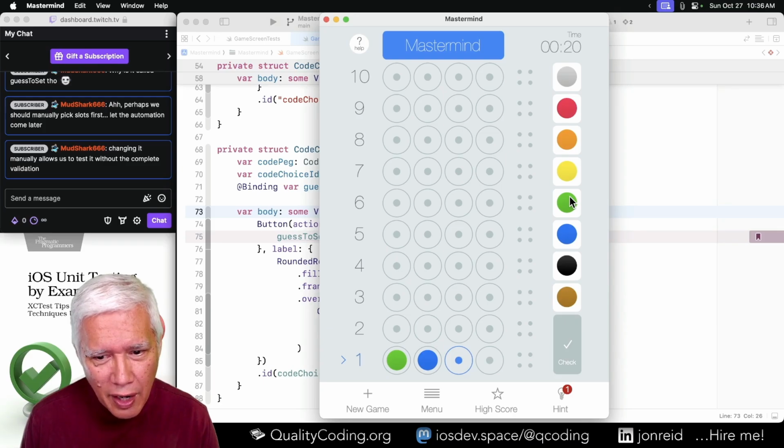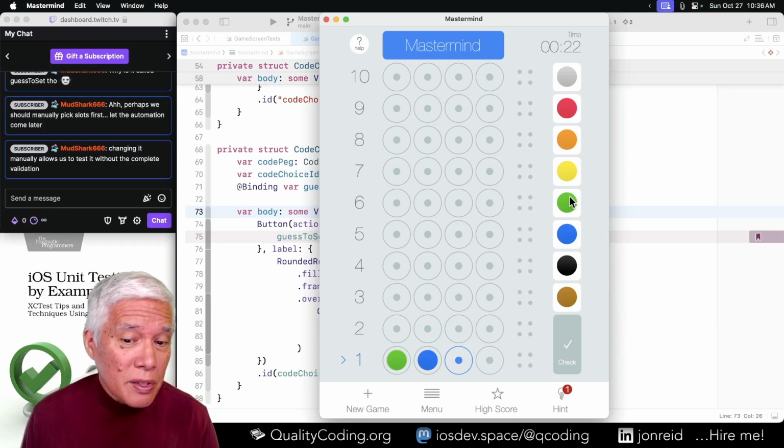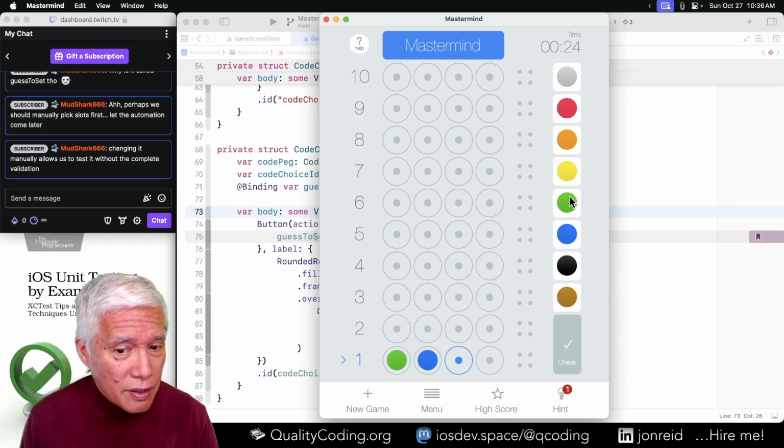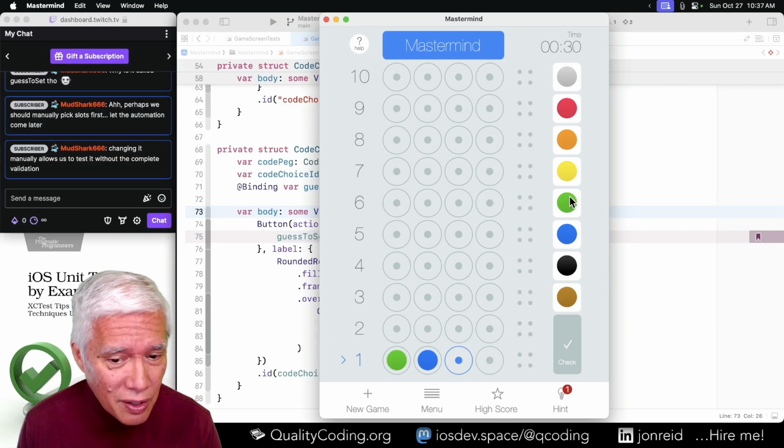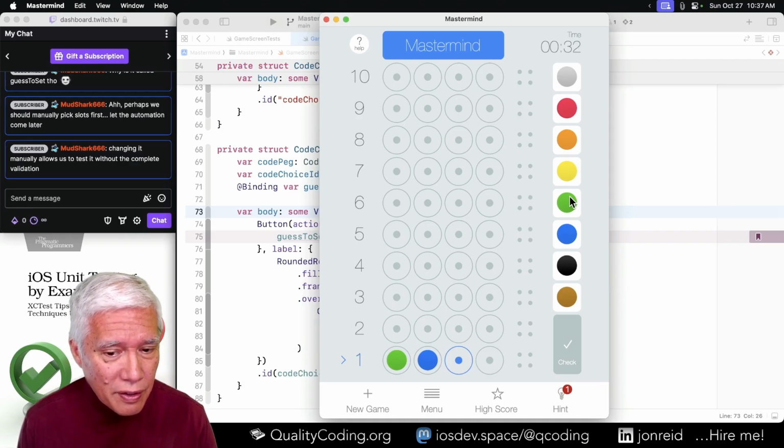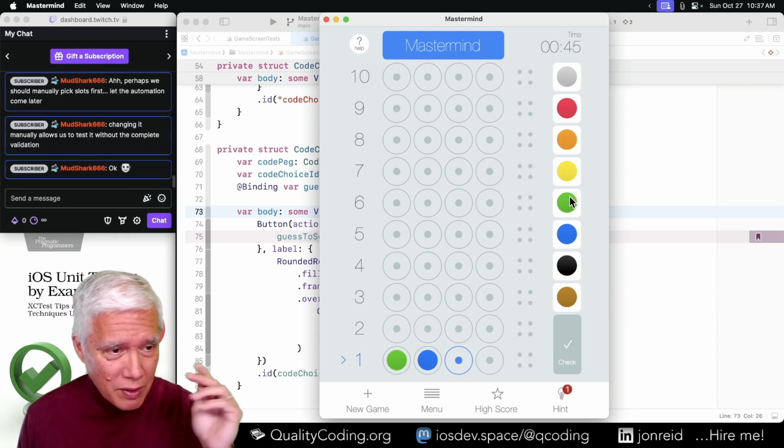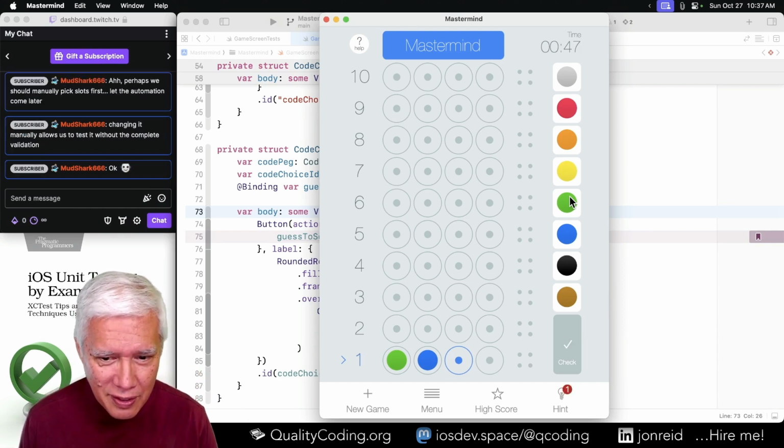But I'm seeing that there's still a need to say put this color in the next empty slot, in the first empty slot you can find. So I think I'm going to go, apologies, I'm going to go that route and do the targeting, setting of the destination next.